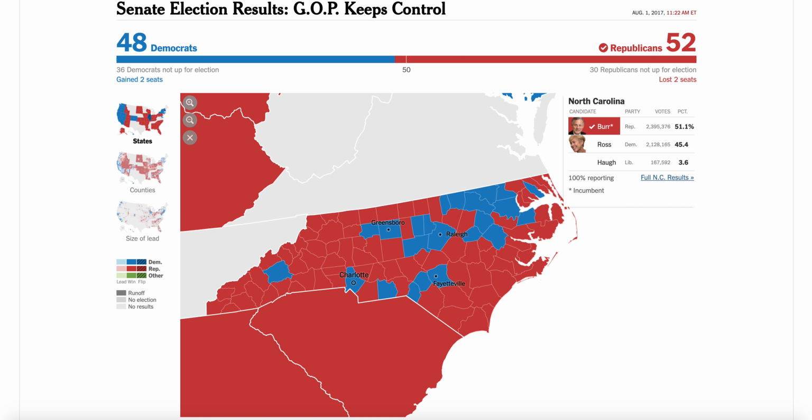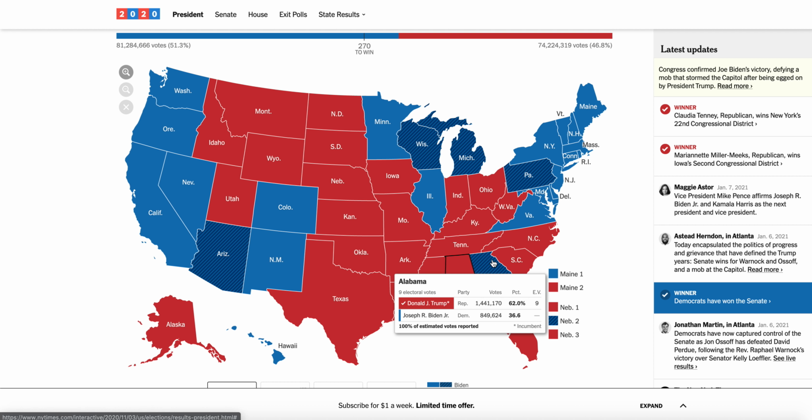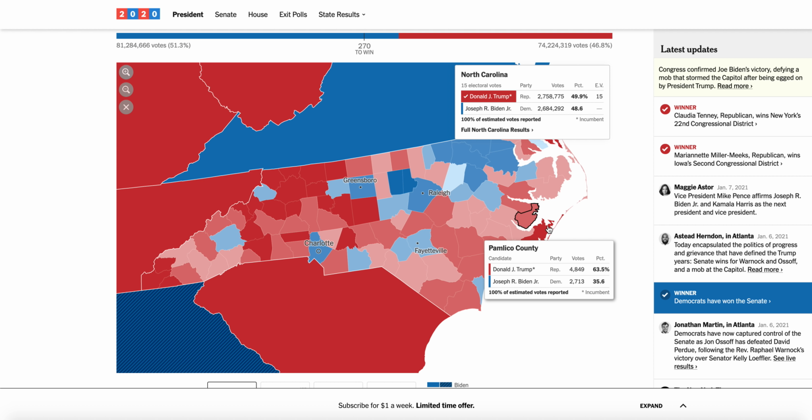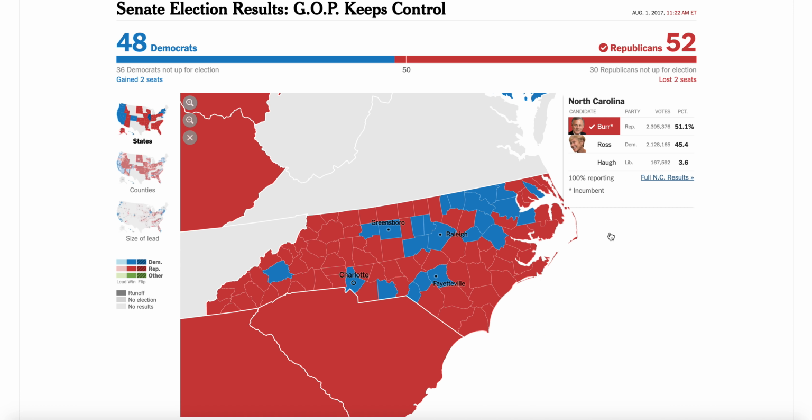But then in 2020, Donald Trump significantly reduces his margin of victory in North Carolina, winning the state by only 1.3%. If you're looking at the election results in 2016, well, Richard Burr certainly did better than 1.3%, but also keep in mind that Donald Trump had won the state by 3.4%. So when he's outperforming him by around 2.6%, that is impressive. But, comparing it to the 2020 results, he probably would have only won by 4 percentage points, which means that